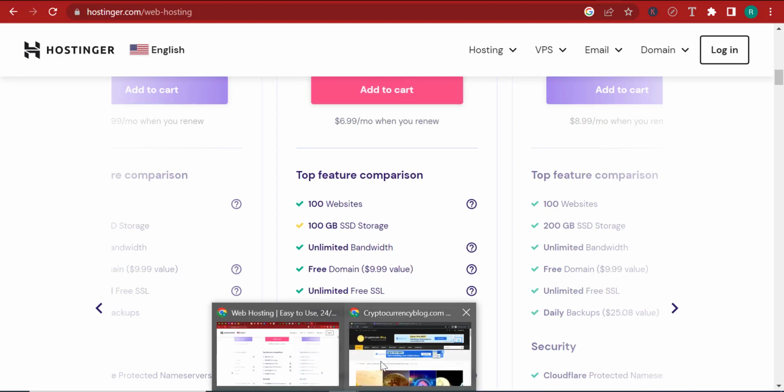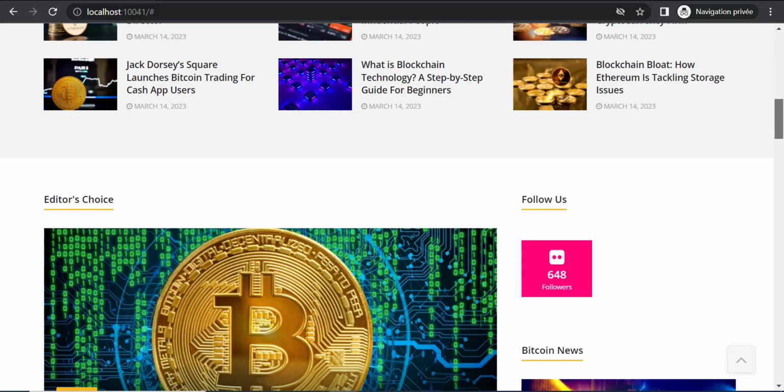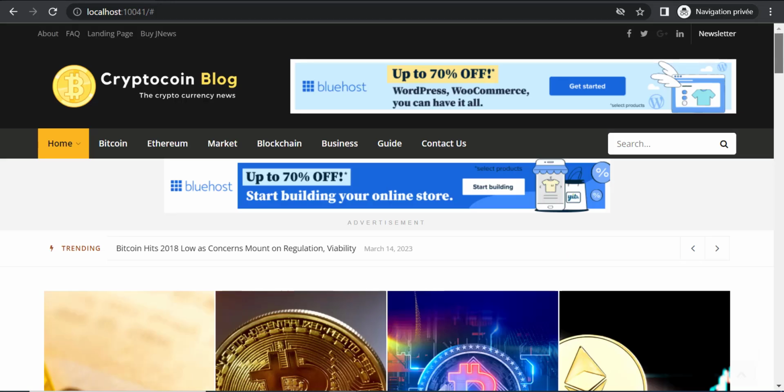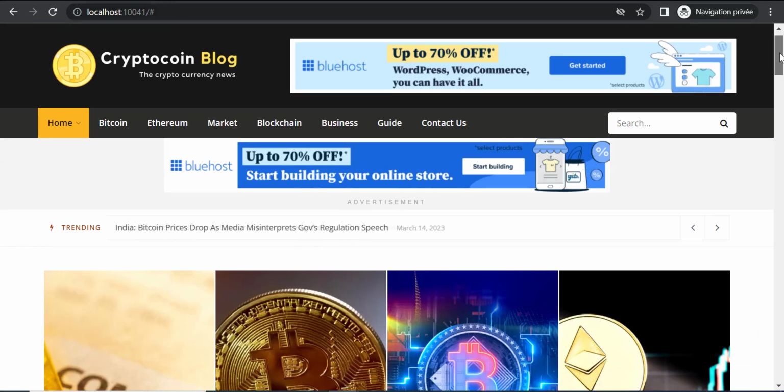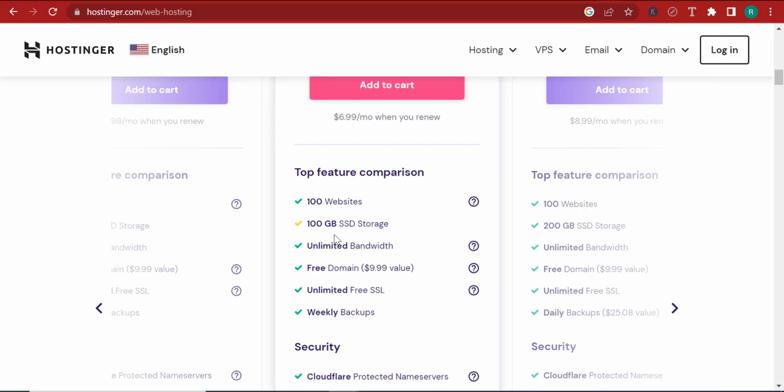And for instance, to explain what SSD storage is, this website over here that we have around the topic of cryptocurrency doesn't exceed 200 megabytes, right? And here they're offering you 100 gigabytes of SSD storage, so you can imagine just how much you can store on this hosting. Unlimited bandwidth, which is unusual for most hosting providers, because let me tell you, for example,